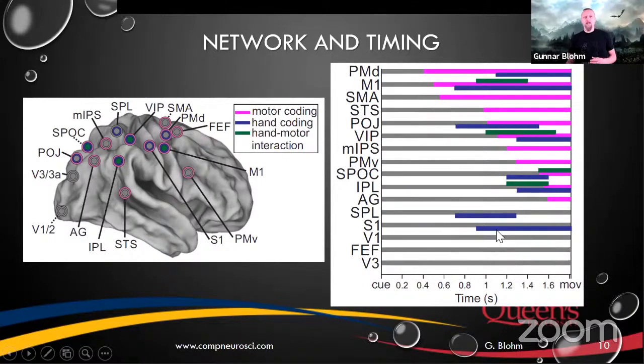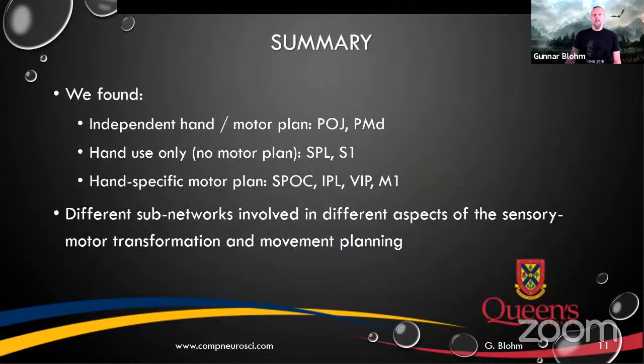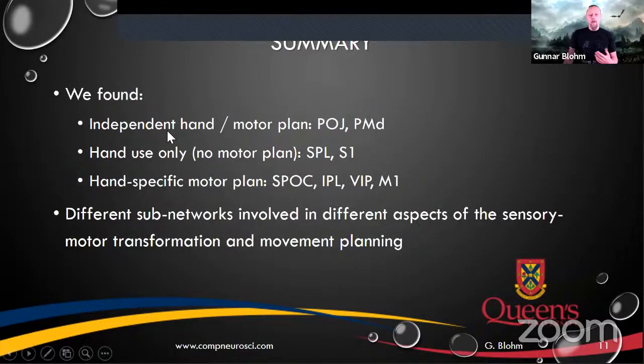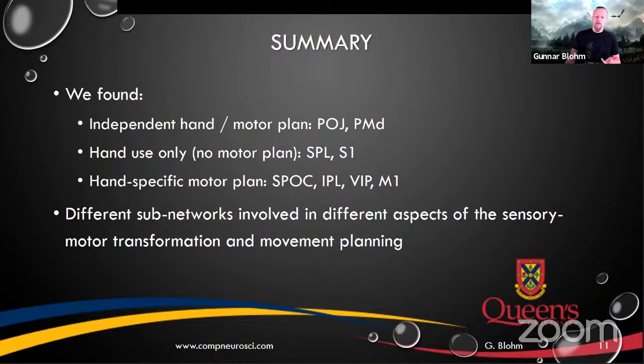And from there, we can summarize by saying that we found independent hand and motor plans in the parietal occipital junction and dorsal premotor cortex. We found hand use only, so no motor plan, in the superior parietal lobe and primary somatosensory cortex. And we found a hand-specific motor plan in the superior parietal occipital cortex, the interparietal lobe, the ventral interparietal sulcus,